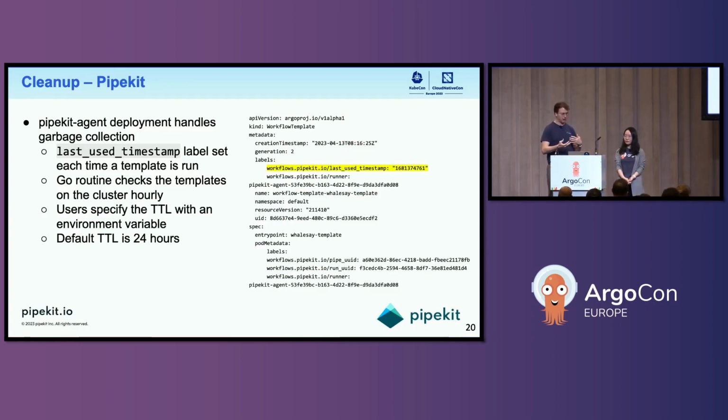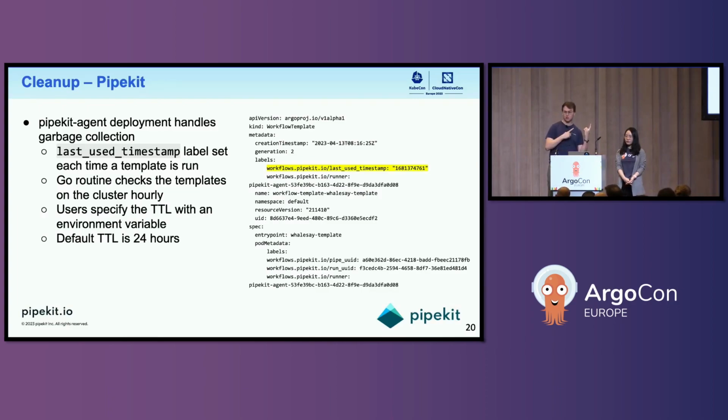And instead of again having that cron workflow, we just use a separate Go routine that's running within the deployment itself to check the templates on the cluster hourly and make sure that they still should be on that cluster. Users have the ability to specify a TTL within an environment variable, but our default is set to 24 hours. So on the right, you can see the highlighted section where this is a workflow template that got